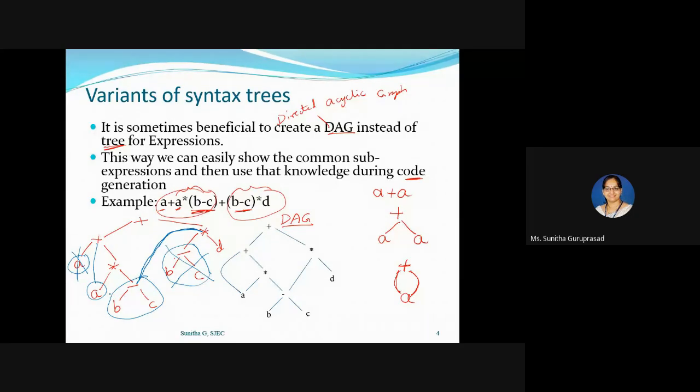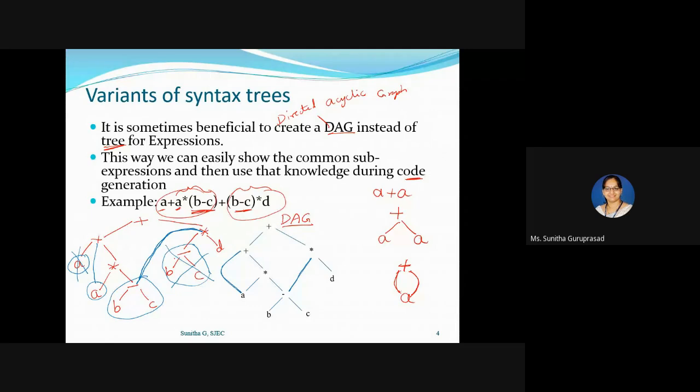So this should be a leaf node. To whichever you are connecting, it should be a leaf node. Here you can see these are leaf, but there is an internal node. But even though it is an internal node, this whole thing is repeating, right? Because of that, we are connecting to this minus. Here only one simple leaf node is there. Because of that, we are connecting from plus to A. This is one extra connection that has been made, and this is one extra connection that has been made. This is how we create a DAG or a directed acyclic graph.